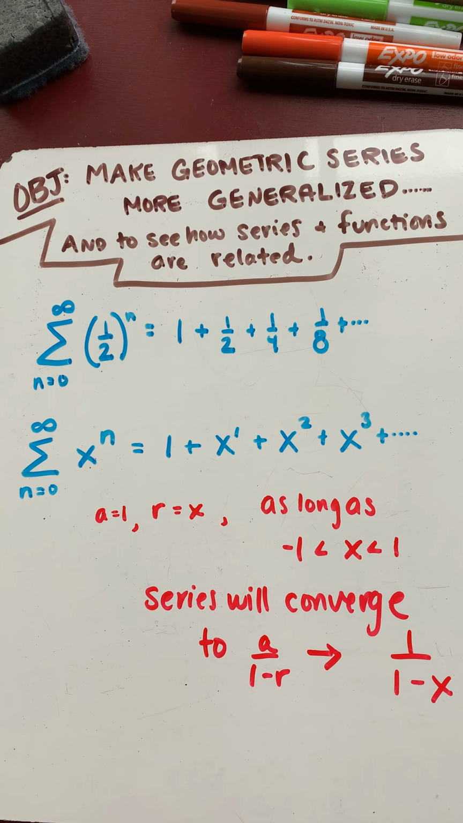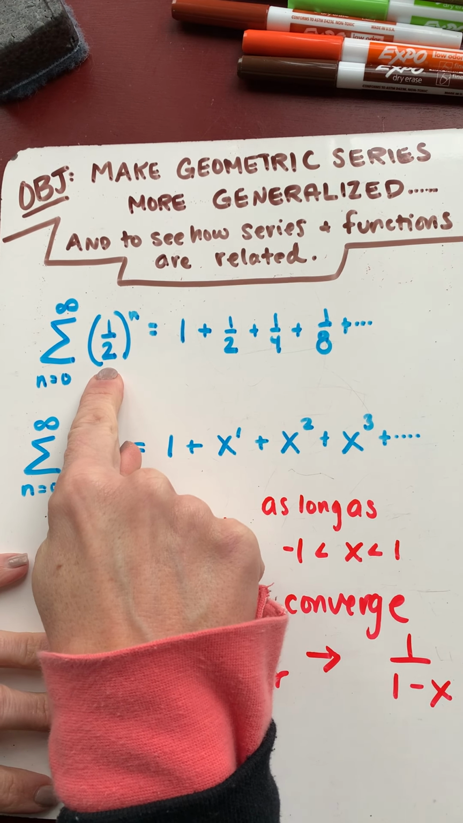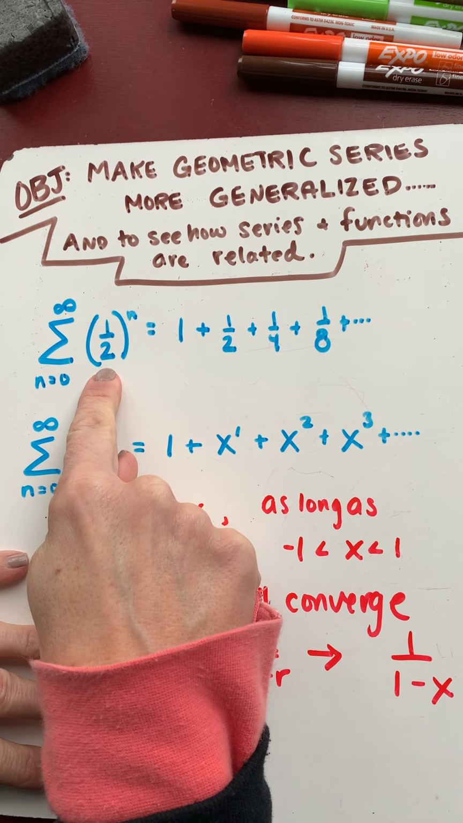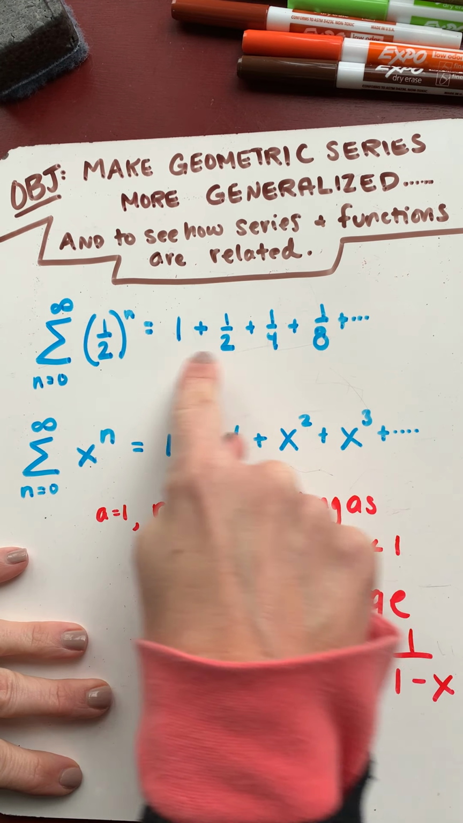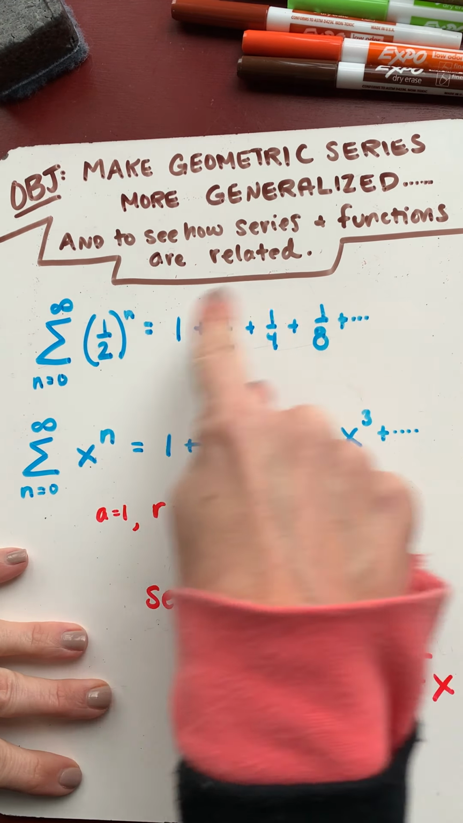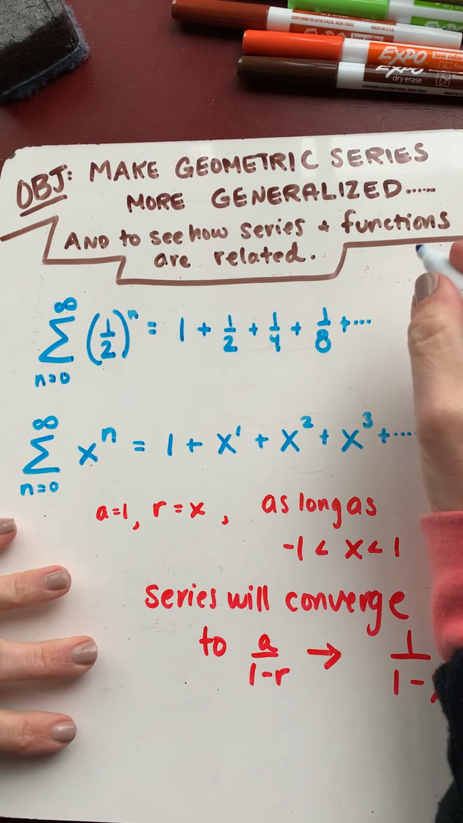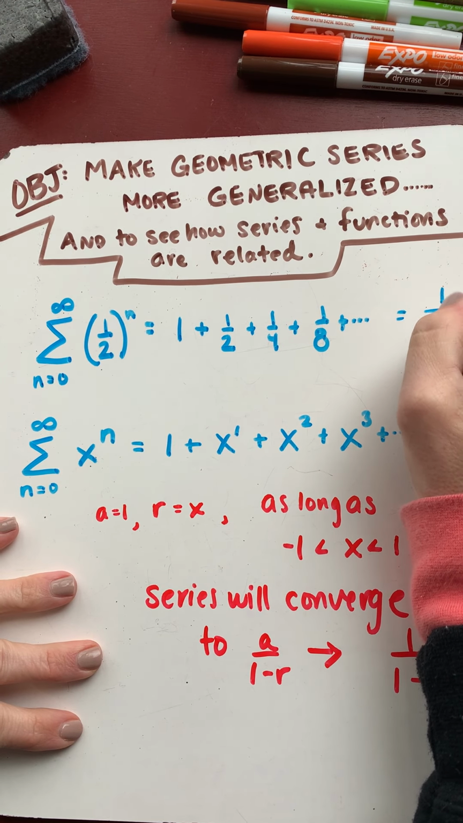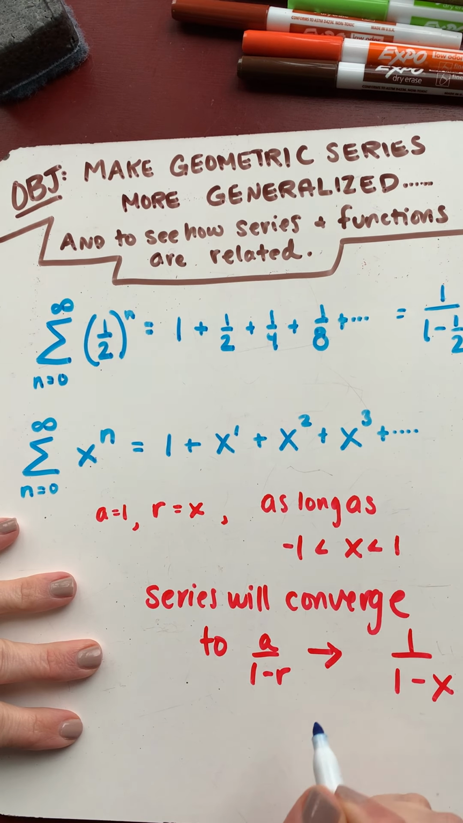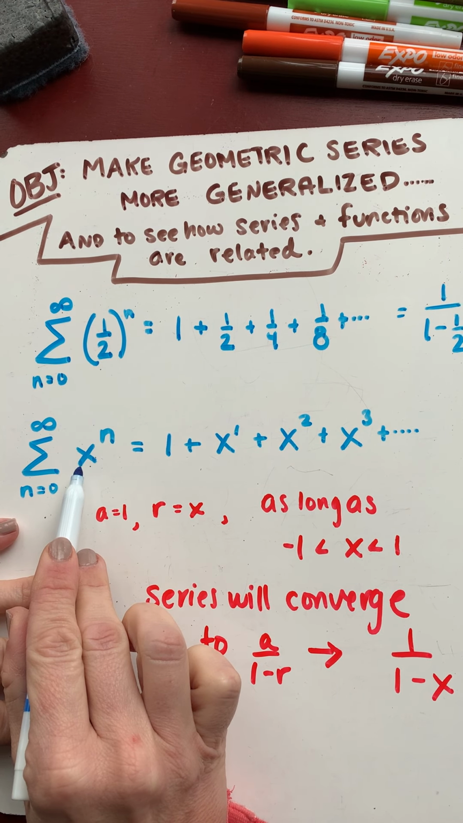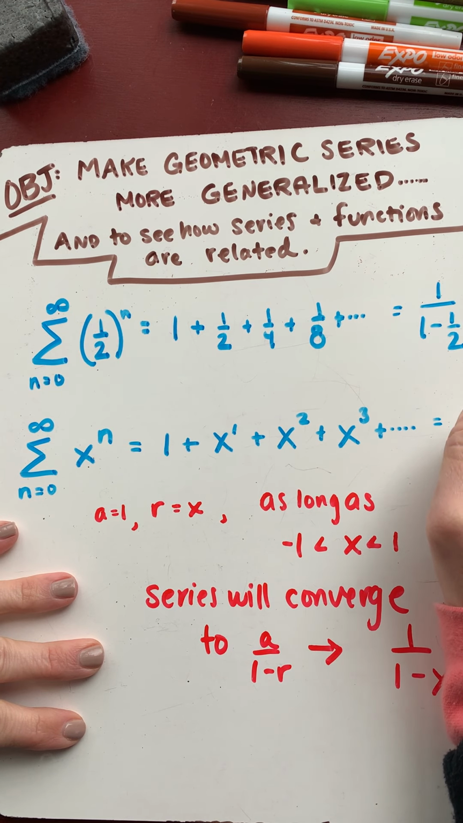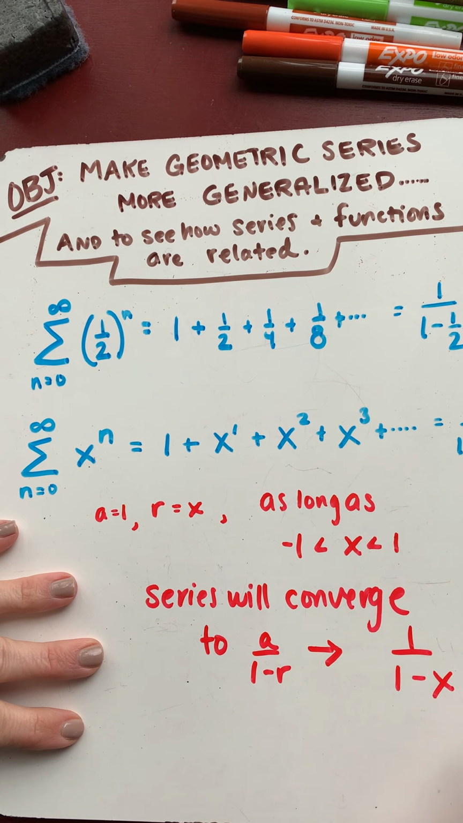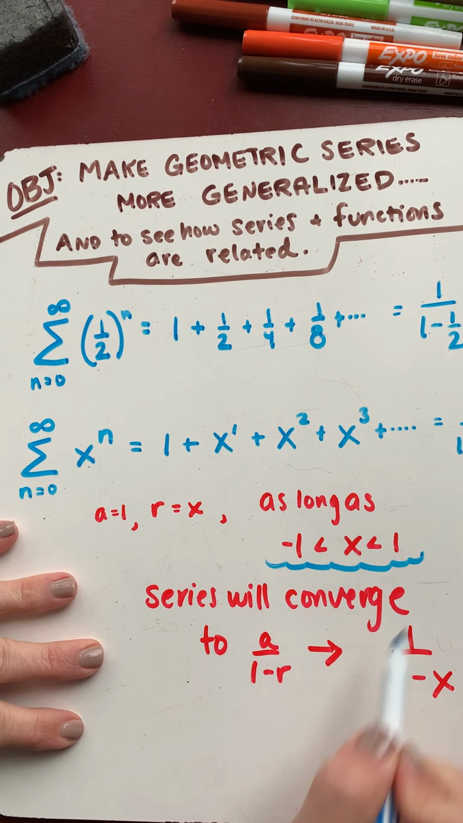Okay, what the heck does all of that mean? It makes sense on paper that if the thing that is my multiplier is a number, this makes sense. I have a multiplier that's a half, so this will converge to 1 over 1 minus 1/2. Now I don't have a multiplier that's numeric. My multiplier is x. This will converge to 1 over 1 minus x, as long as x is between -1